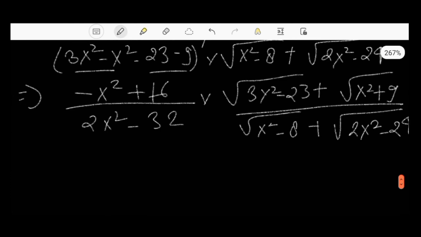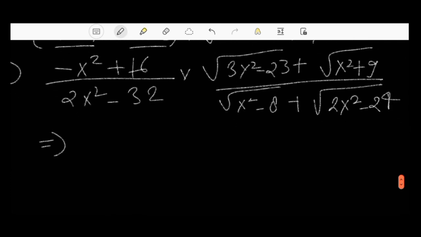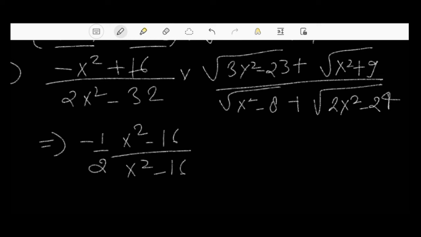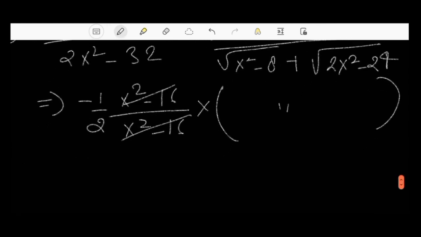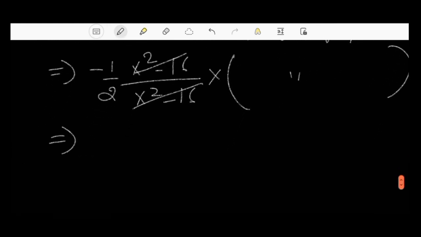And now we can solve this and we'll obtain minus 1 upon 2, x square minus 16 divided by x square minus 16, multiplied by the same quantity, and we can simply cancel this, and we finally obtain limit x tends to 4,